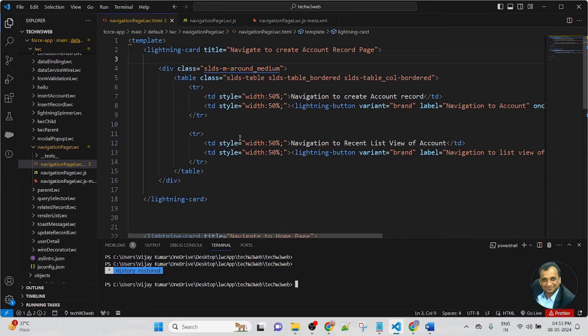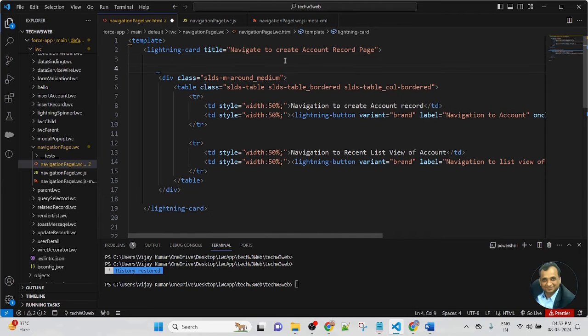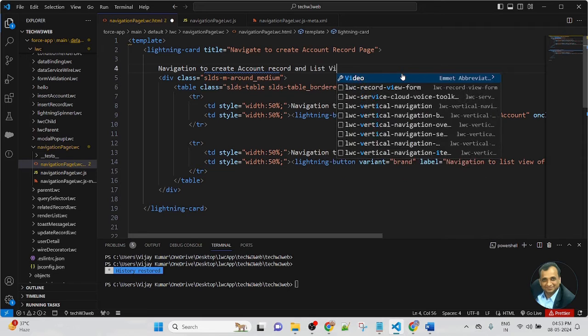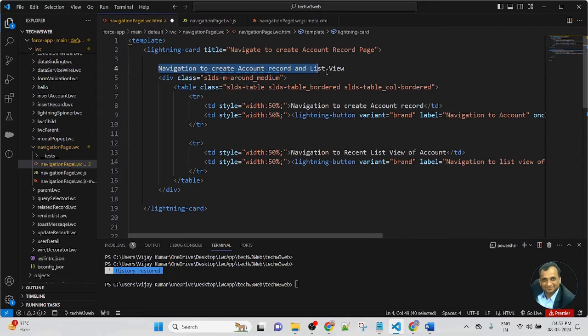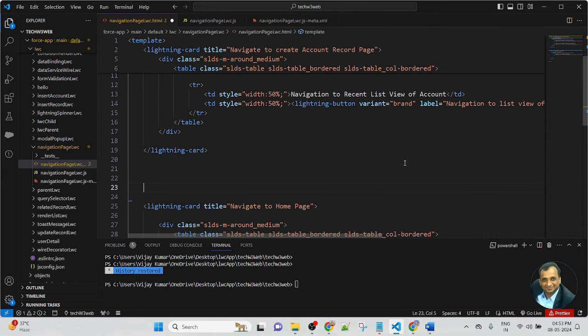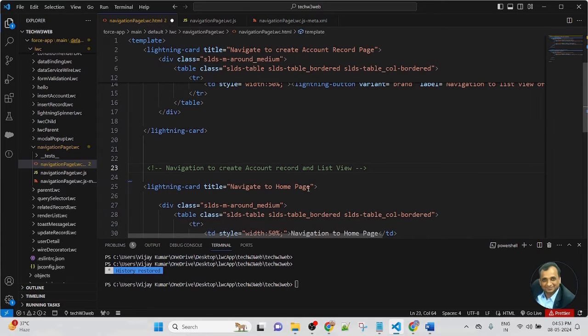So I will use the same LWC component. Now let's comment on the sections. This section is for navigation to the create record and list view. And this section is used for navigating to the home page.